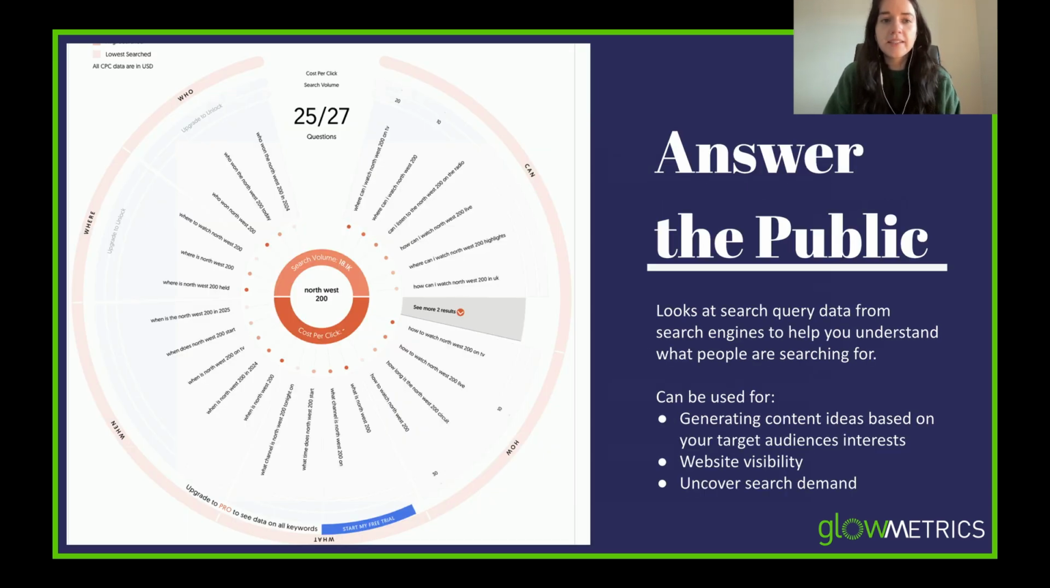So Answer the Public is free up until, I think, 2 to 3 searches. So you get 2 to 3 free searches a day, and then you have to pay, but that's plenty. So I think the free version is great, to be honest. And Answer the Public looks at search query data from all search engines to help you understand what people are